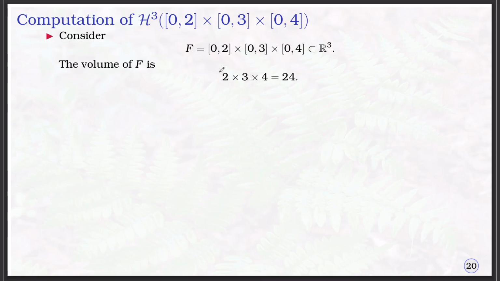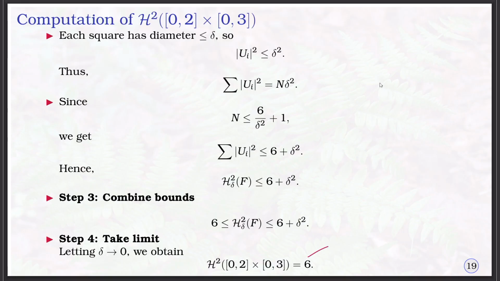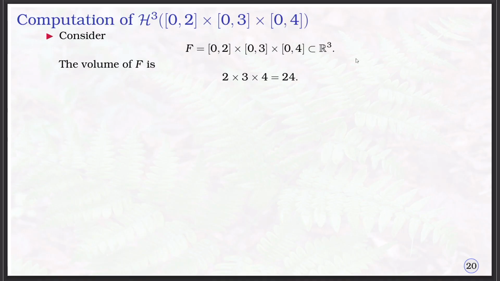Now let us move to the higher dimensional space. If you compute the H3 in the higher dimensional space, here we may take like this one. Here we can take this is 2, maybe this is 3 I am taking here, and 4 maybe here. Then all are positive, in the positive quadrant, it looks like this,